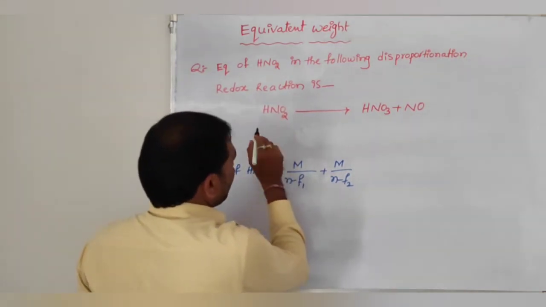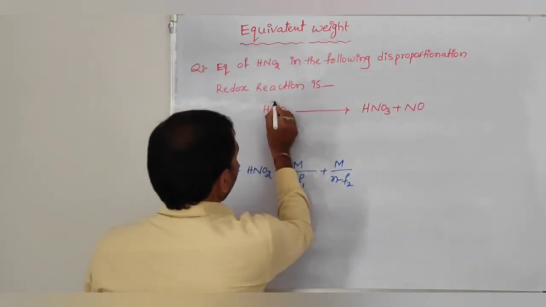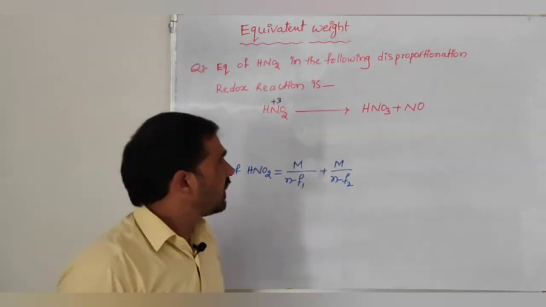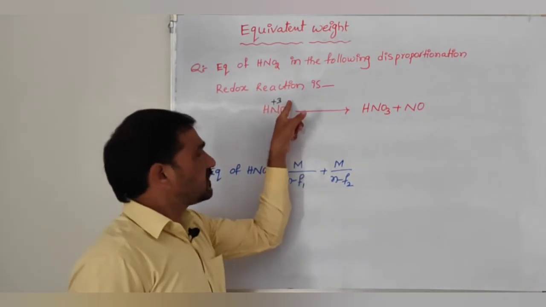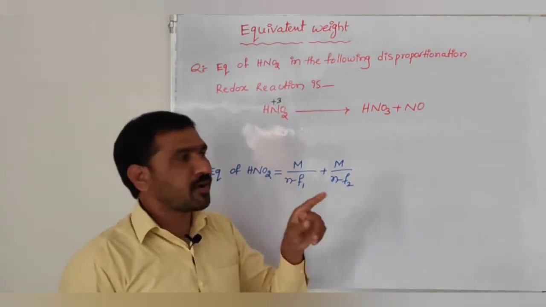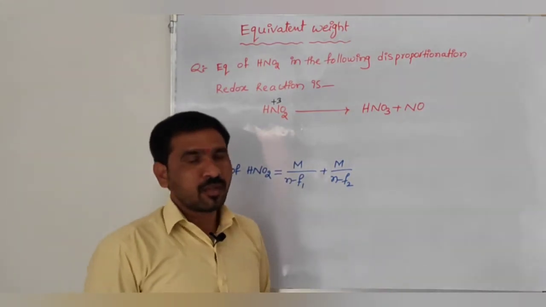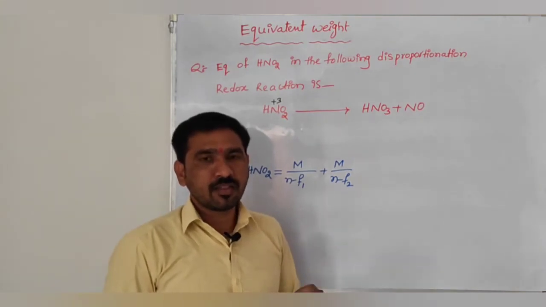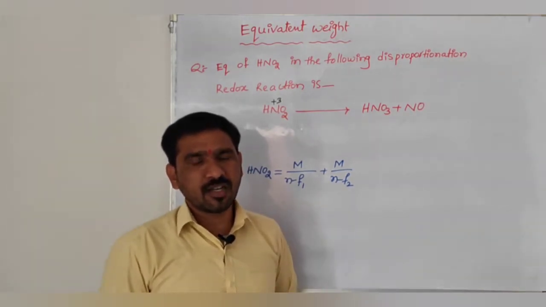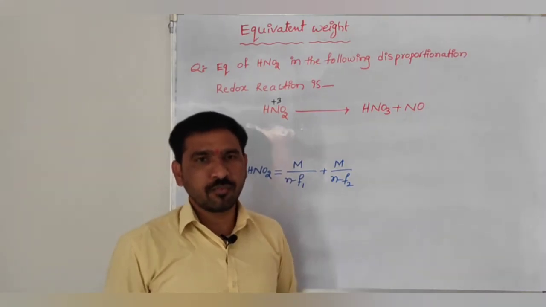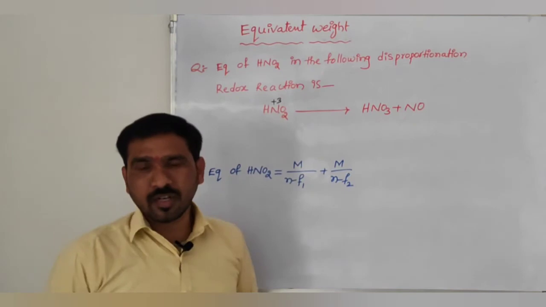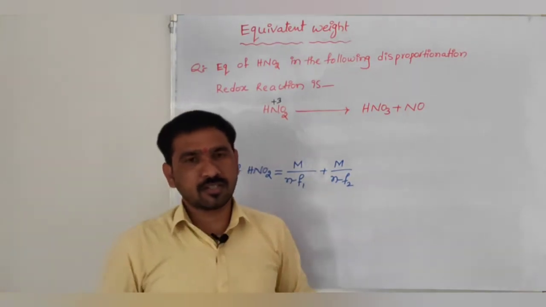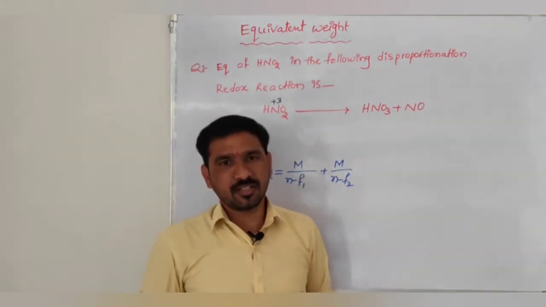Coming to the oxidation state of nitrogen on the left side, it is +3. In HNO2, how will we calculate the nitrogen oxidation state? As I told in the previous videos, the general oxidation state of oxygen is -2 into the number of oxygens, 2, that equals -4. Over this there is no charge, meaning as many negative charges as there are, that many positive charges also there. Therefore the number of negative charges is 4, so the number of positive charges is also 4. Then among the 4 positive charges, 1 is deducted for H+, and the remaining +3 is the nitrogen oxidation state.